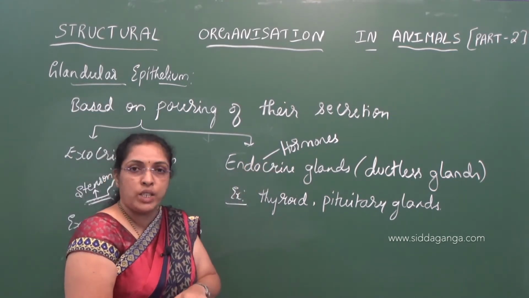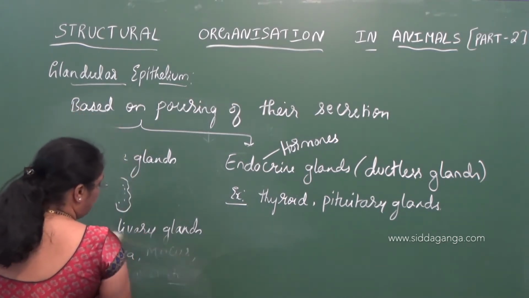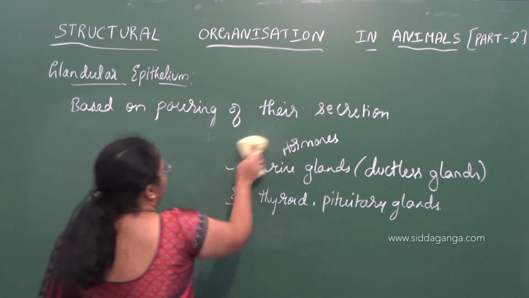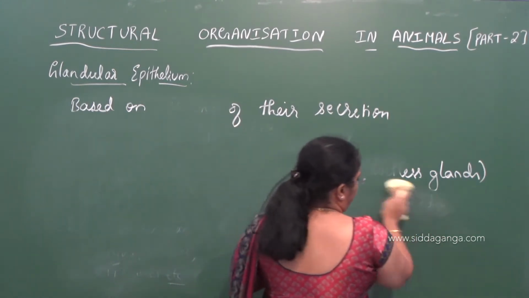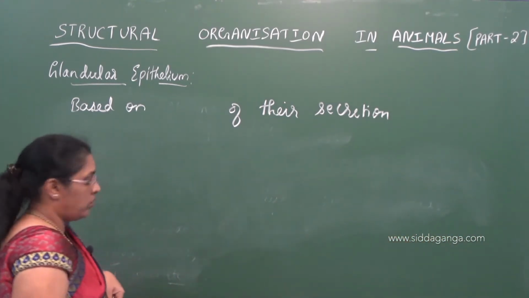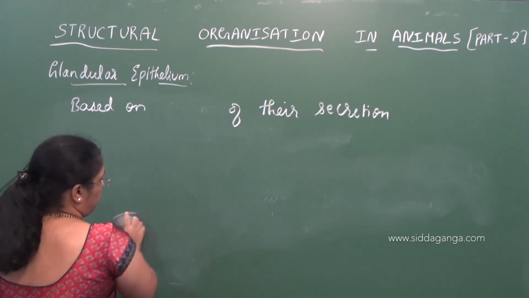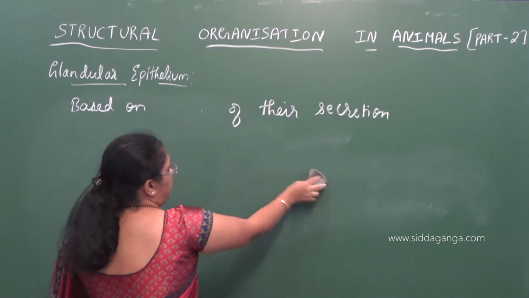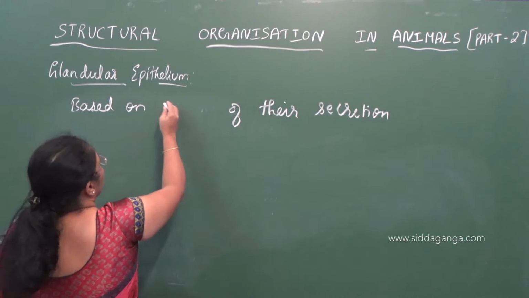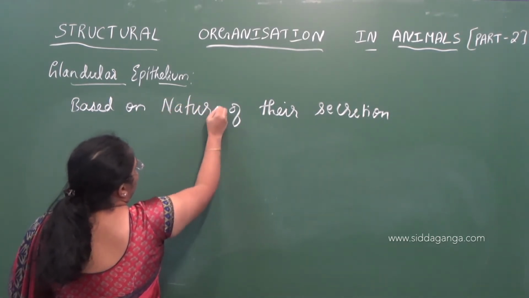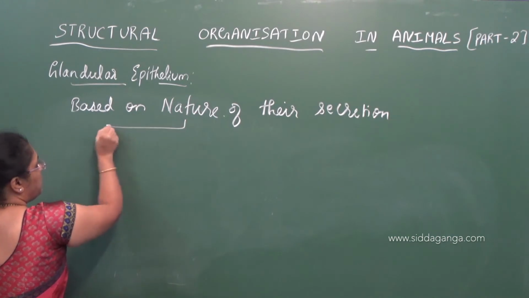Endocrine glands usually secrete hormones, whereas exocrine glands secrete enzymes, saliva, mucus, etc. That's the difference between exocrine and endocrine glands. And based on the nature of the secretion, the glands are again classified into 3 types: